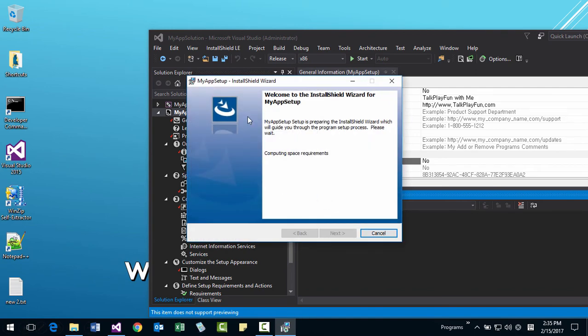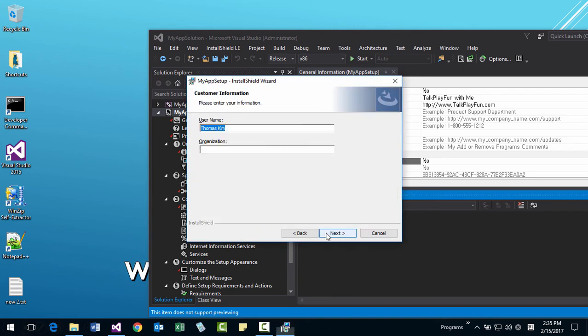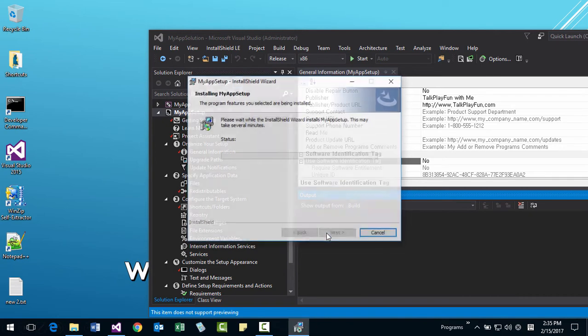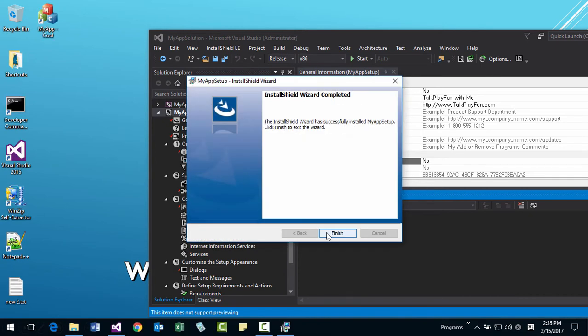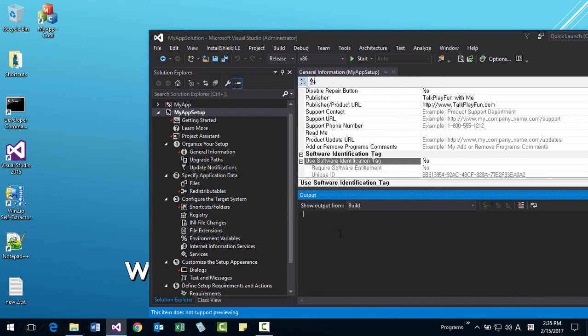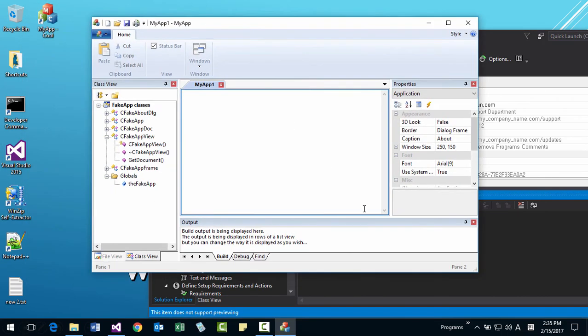This is my app setup wizard. Next, I accept. Next, install. It will be installed. Okay, it is installed. Finish. Now let's click it. Okay, it is our software that we